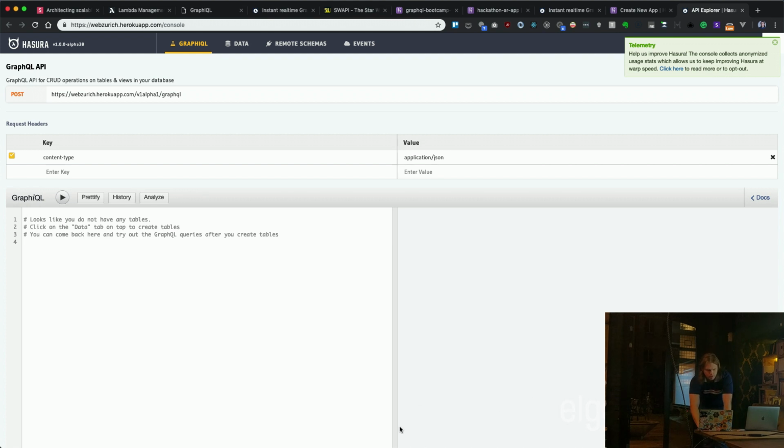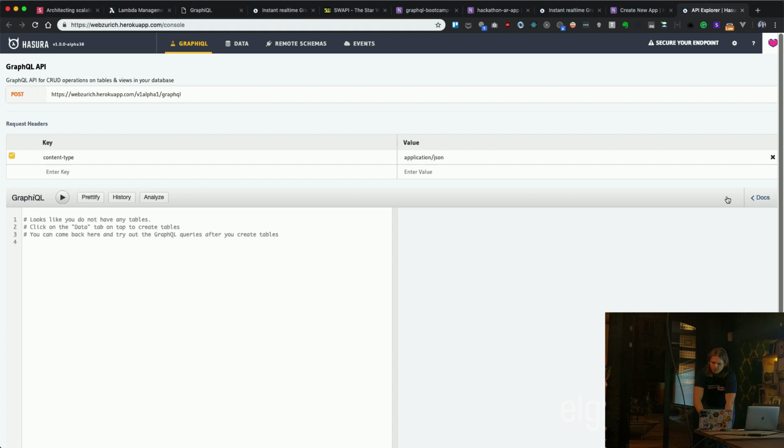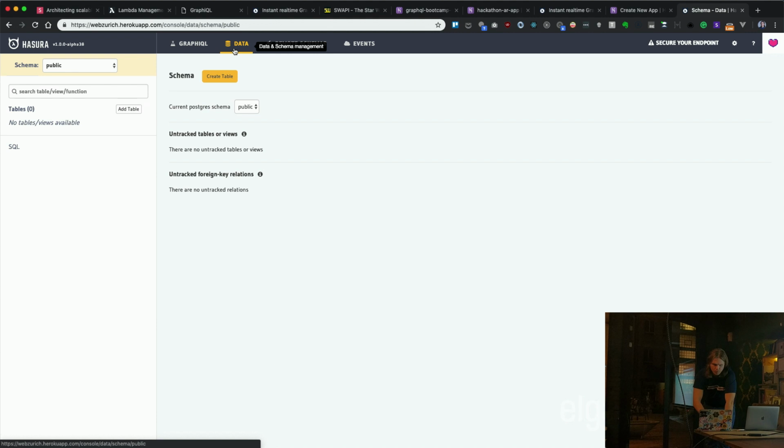This is how the engine looks, and it has four tabs. It has a graphical tab, which is basically an in-browser IDE where I'm able to go through all of my types, all of my queries, mutations, and subscriptions. We'll see in a bit how it works, and basically query my endpoints. The problem is I don't have anything because I just deployed it. My database is empty, right? So I have this data tab, which is pretty much similar to pgAdmin, and I can start creating tables.